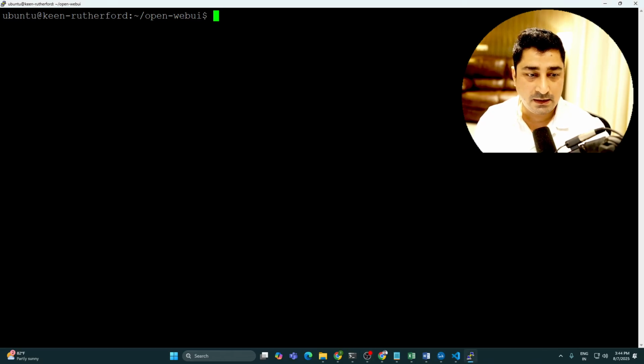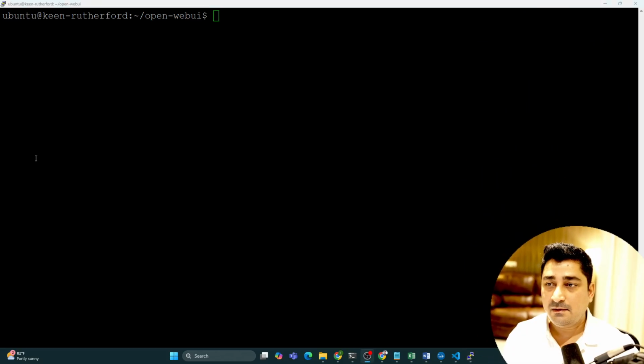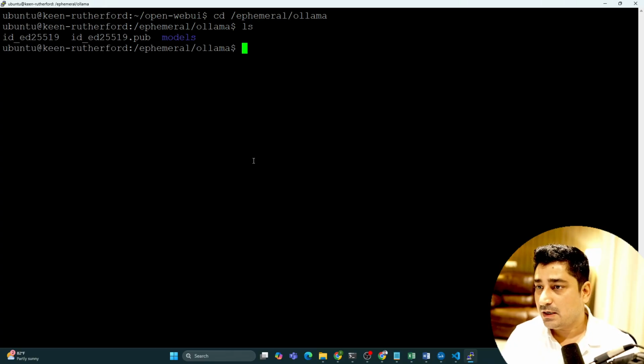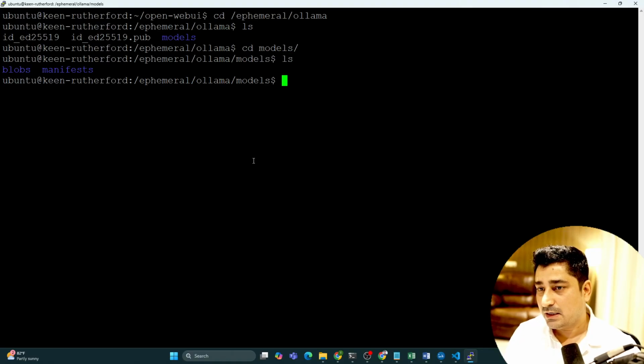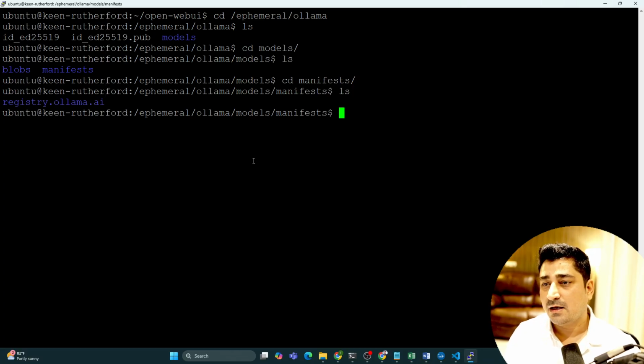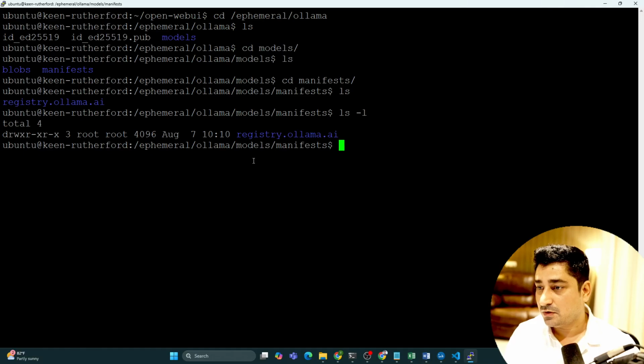So basically I have downloaded all of these files inside ephemeral Ollama. Let me do a cd ephemeral/ollama. Now if I do ls, you will be able to find the models. If you cd models and do an ls again, you will be able to find blobs, which is the actual file, and the manifest file as well. If I check the manifest, here registry.ollama.ai, if I do ls -l, yes, registry,